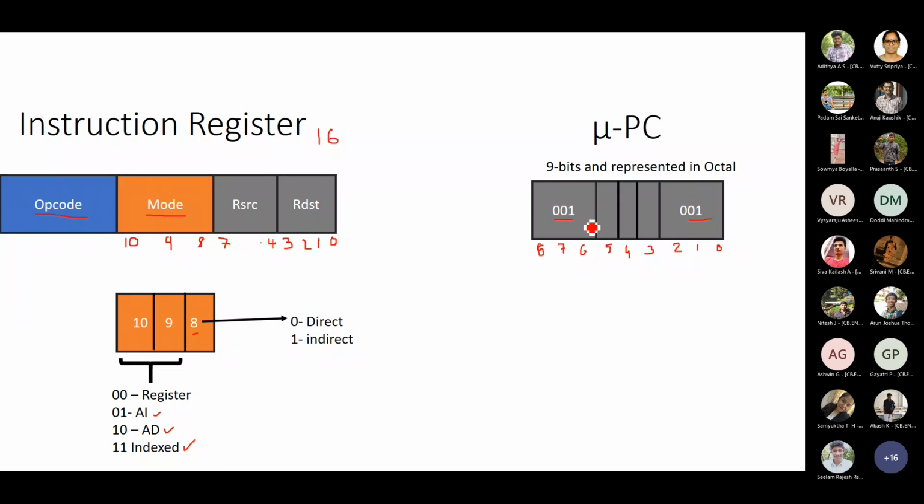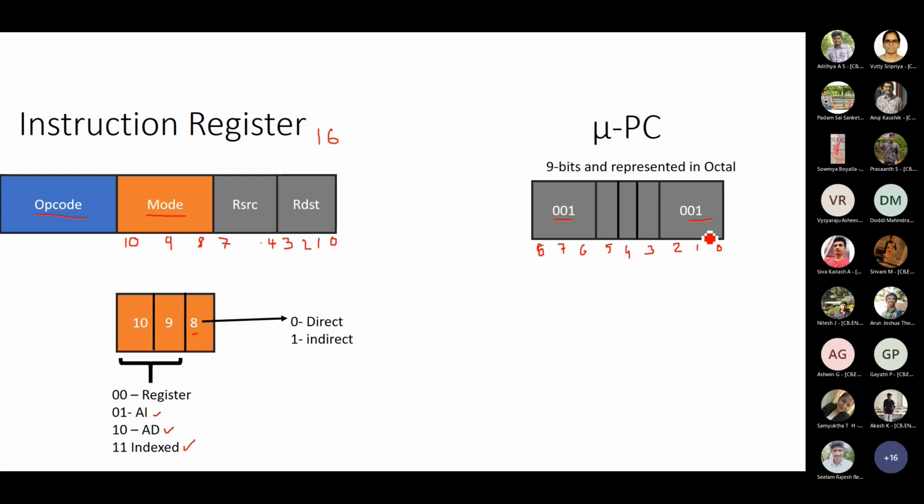It will become clear why the middle bits are not specified now. It will become clear in just a few seconds. Just note it down for the time being. Now, before we enter into the other bit combinations of the rest of these 3 bits, you need to understand the significance of mu PC. Mu PC gives you the address location of the next micro instruction to be executed. That is what mu PC specifies.